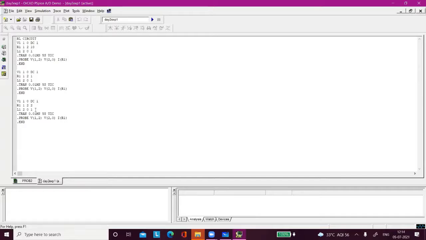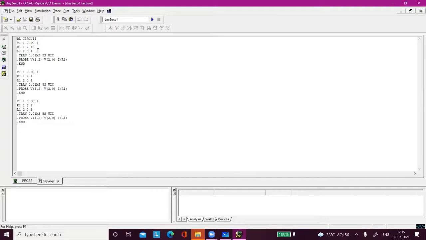What will be the time constant of these 3 circuits? For the first circuit it is 0.1, the next is 1 second, and the last one is 0.5. So the maximum is 1 second. For that I'm calculating 5 seconds here, so that is the maximum time. For all other circuits I'm using 5, because the maximum time constant is 1 second, which means it takes maximum 5 seconds to reach the steady state.